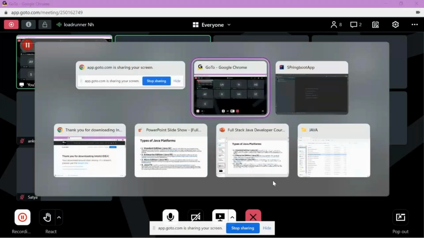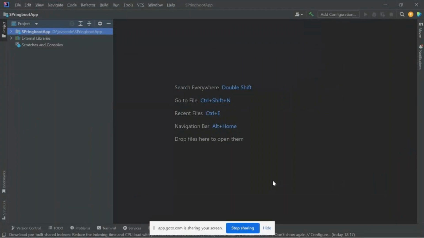No, not visible. Can you see now? No, we can't. One minute. Is it visible now? Yeah, it's good now. Yes, it's visible now. Thank you. Thanks for the confirmation.